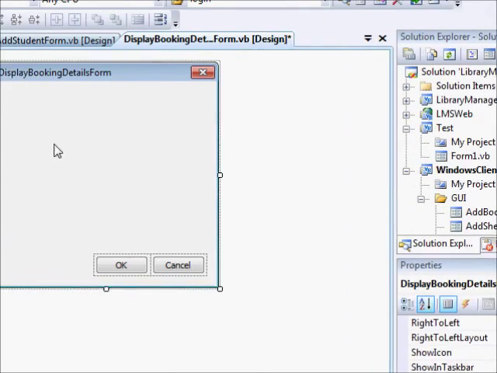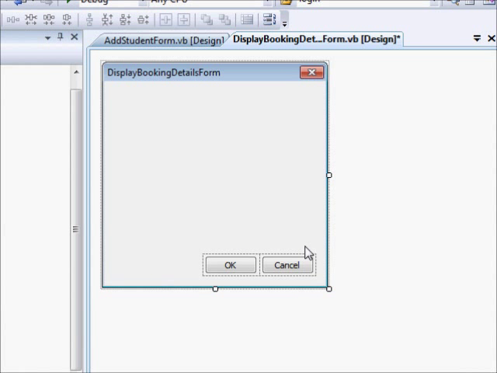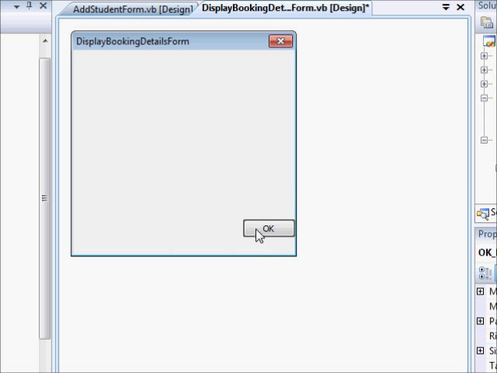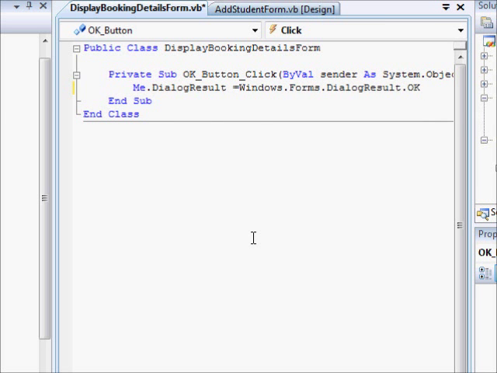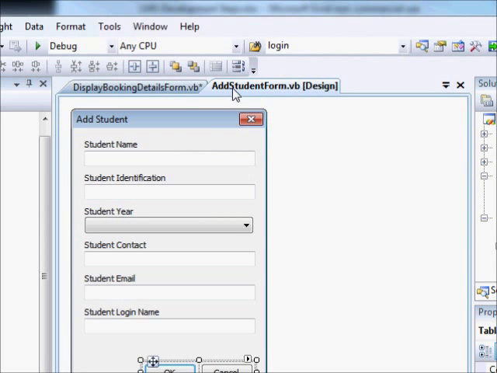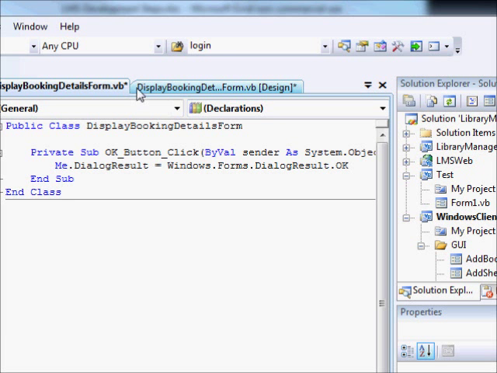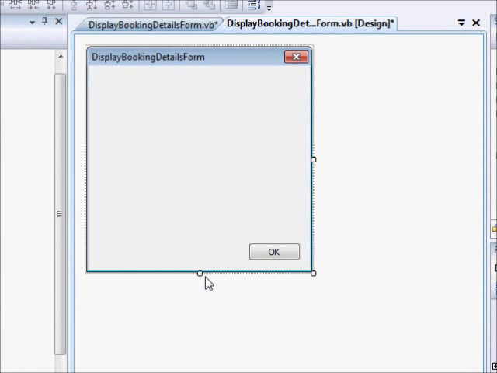Okay, display book details. So there is no need for OK and cancel. We just need an OK button, right? So just say me.DialogResult equal OK. Wonderful. And next we just need to display